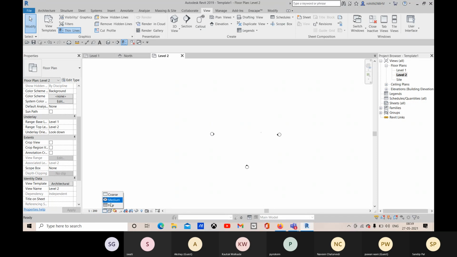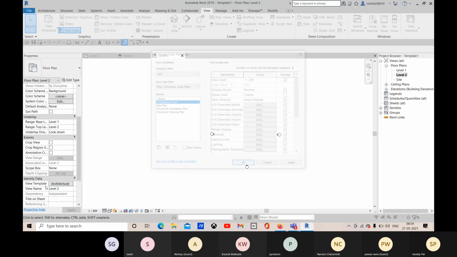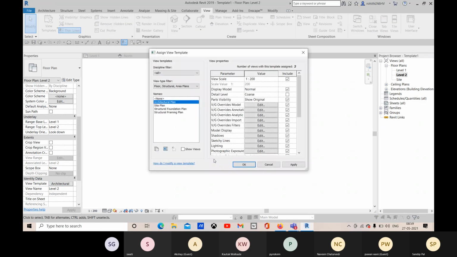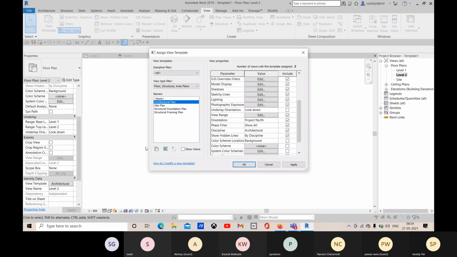Okay, so the detail level is unchecked, so you can only change this. But for these you need to go to that view template here, and you need to change it. Okay, so here we have all these things to apply.